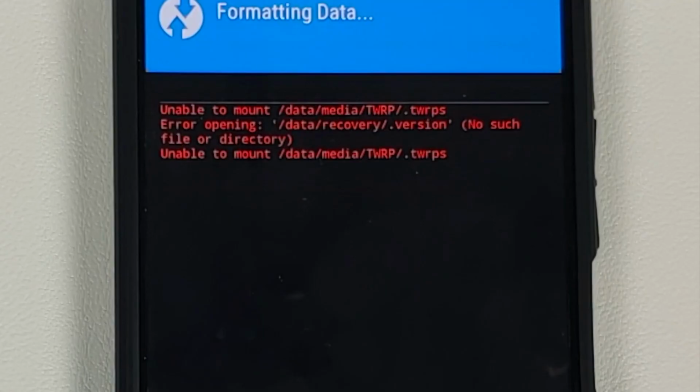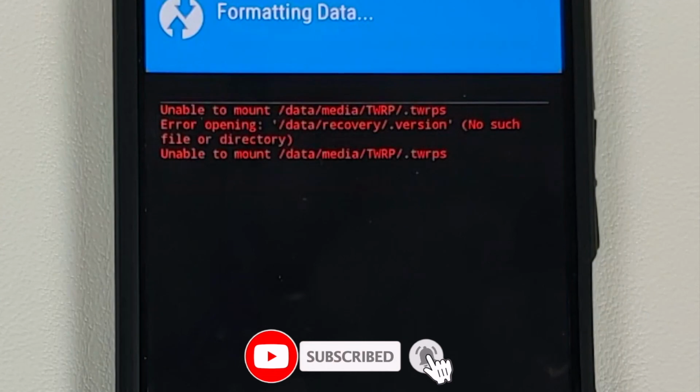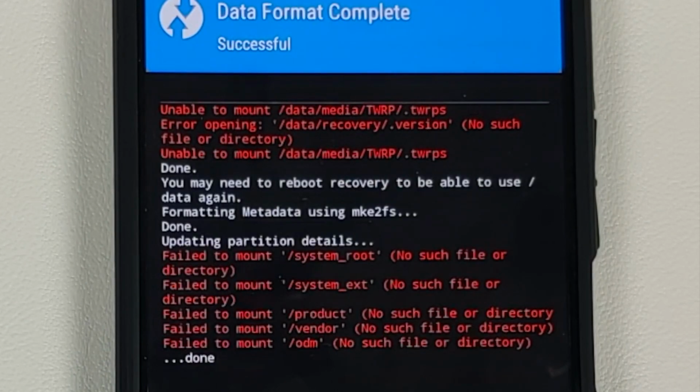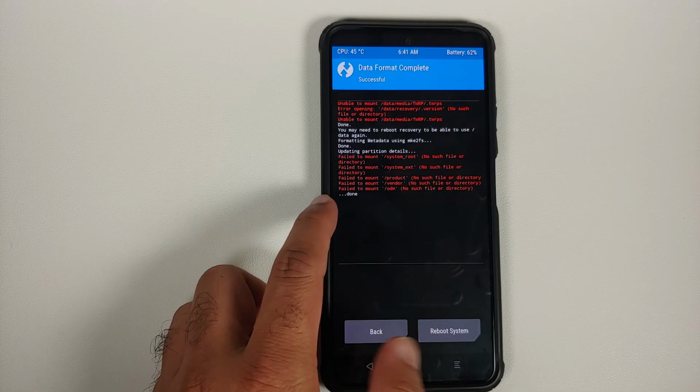Do note that format data will result in wiping out of all your pictures, videos, anything important which you have on your device. So make sure you do have a backup of all those things, and of course the text in red can be ignored. Format data does take some time, so you have to be patient. There it is, it was finished successfully. Again, the failed to mount part can be ignored, and at this point all you need to do is reboot